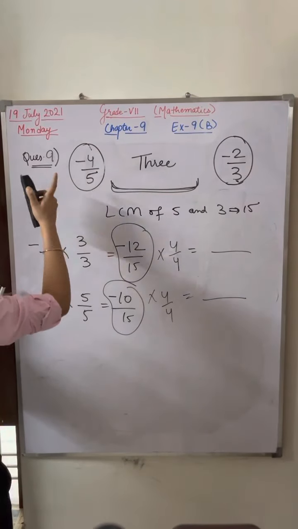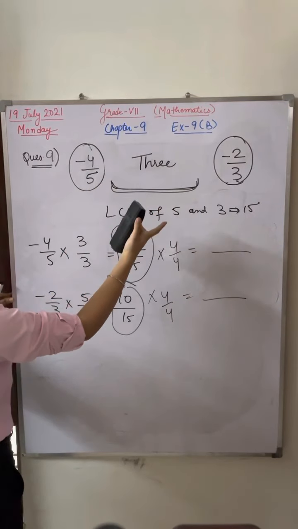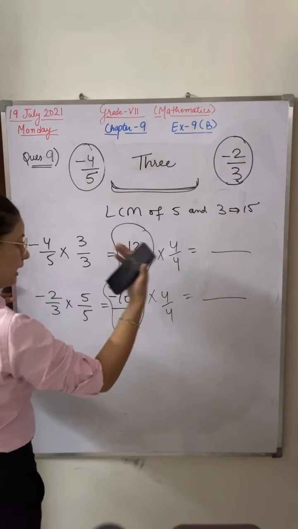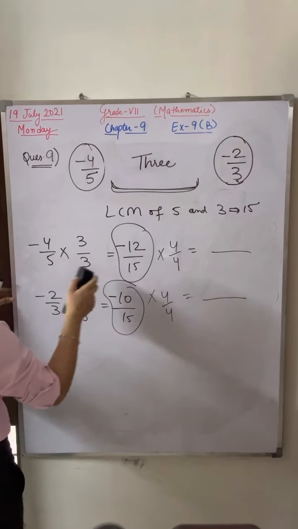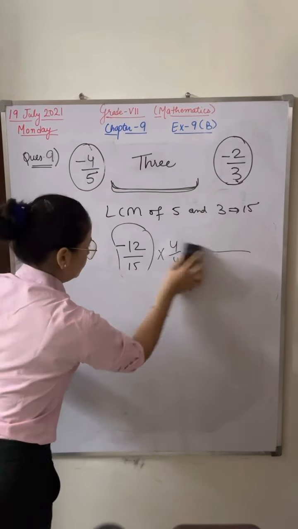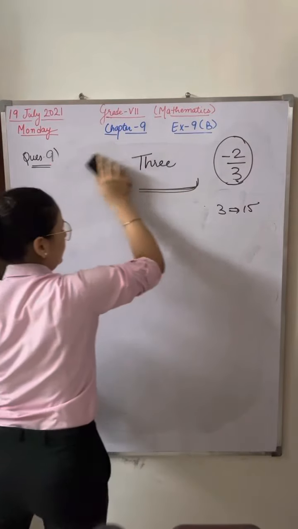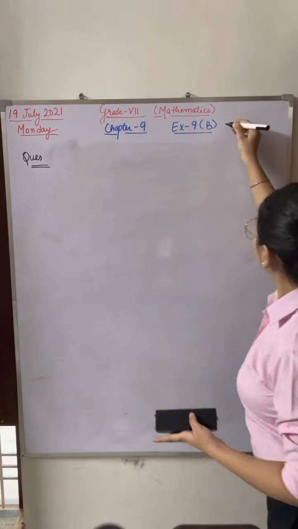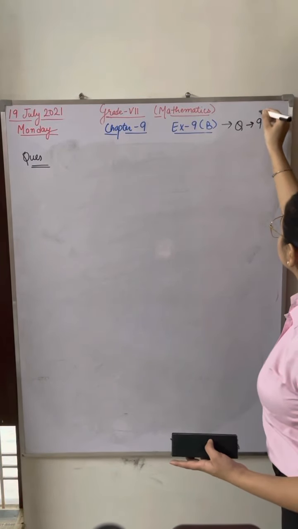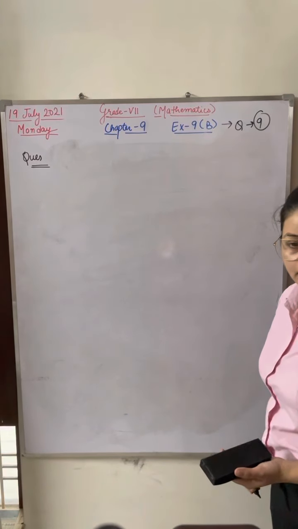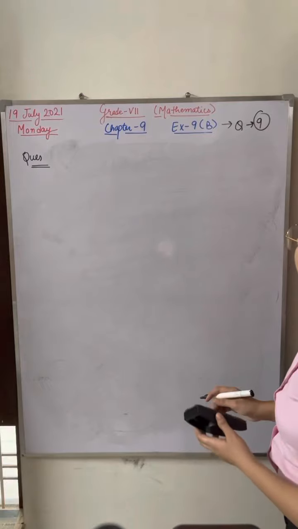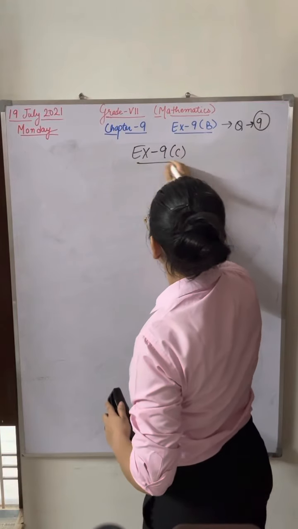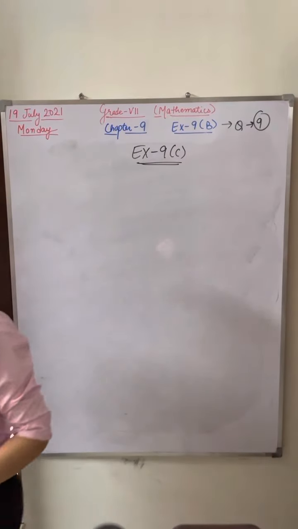Okay, so the 9th question is your homework. You have to find 3 rational numbers. First of all, find the LCM, and after the LCM, if the requirement is still not fulfilled, then multiply. It's up to you by which number you multiply, and then find the 3 rational numbers. The question is very easy. This concept is new but important and easy. So I am giving you homework of exercise 9B, question 9. Please mark in your book. Now I am going to start exercise 9C. 9C is based upon the operations on rational numbers.